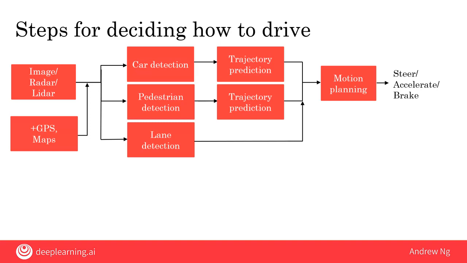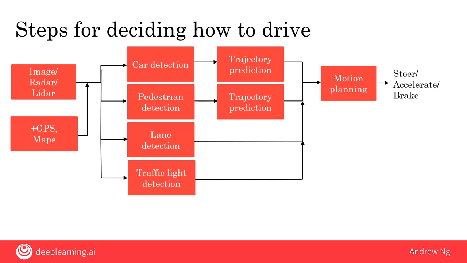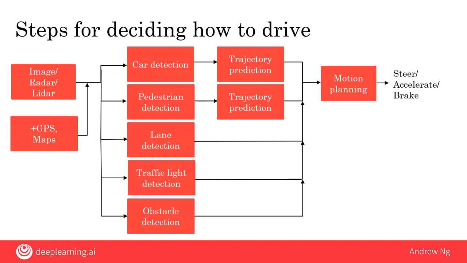You also need to know where the lanes are, so you might detect lane markings. If there's a traffic light, you also need to figure out where the traffic light is and whether it's showing a red, yellow, or green signal. And sometimes there are other obstacles, such as unexpected traffic cones, or maybe there's a flock of geese walking in front of your car that needs to be detected as well, so that your car can avoid even other obstacles